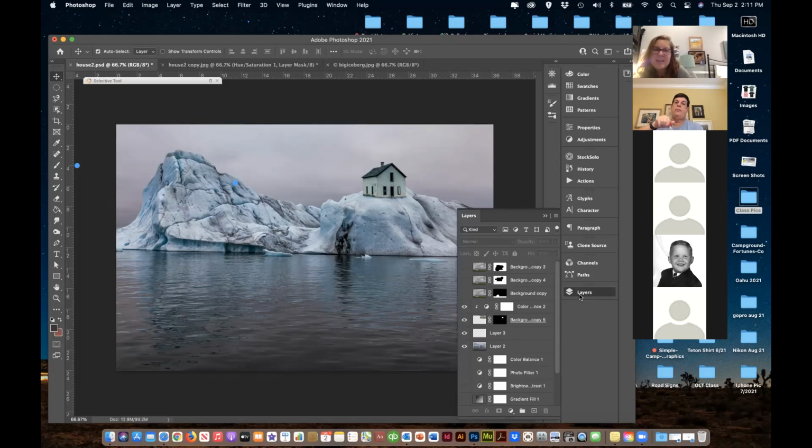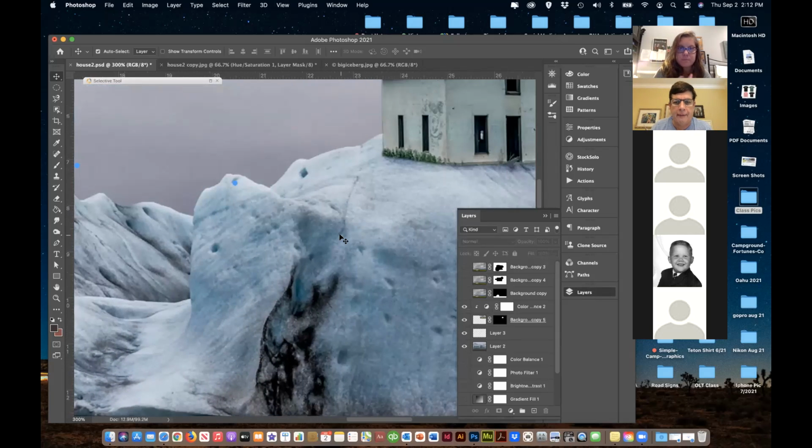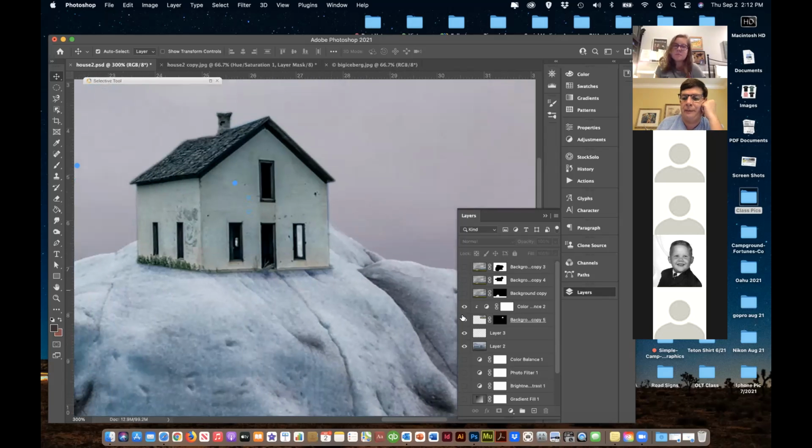So let's say you want to do a spread for houses in Greenland, right? And you want to change the house color to that bright red that's iconic in Greenland or Iceland. How would you do that? Well, let's go through that. Good question. So one, I could tint it. Okay, but I probably would end up doing,